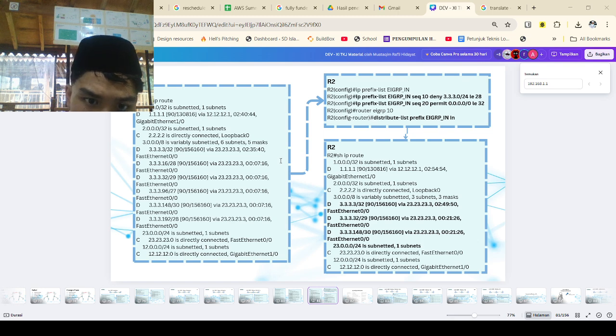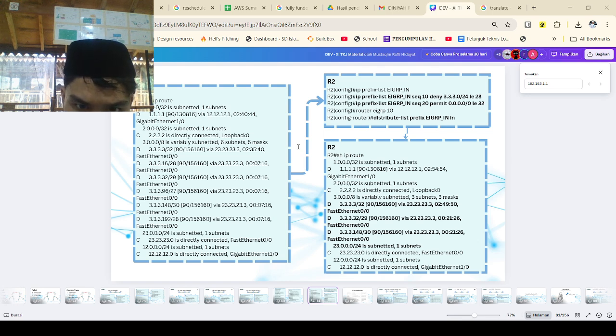So it is for filtering routes based on the prefix length, subnet size, not just a single host like we did with ACLs, or access control lists. And how it works, 3.3.3.0/24 le 28 means match anything that sits inside the big block 3.3.3.0/24 with a mask from /24 or /25 until /28, and the first line denies those, so all those sizes are blocked.